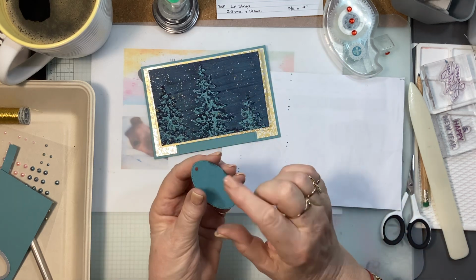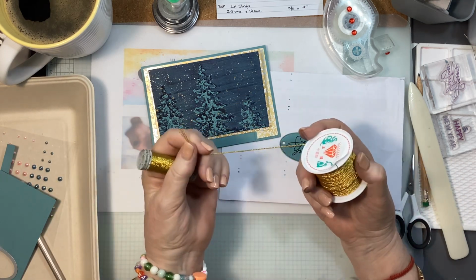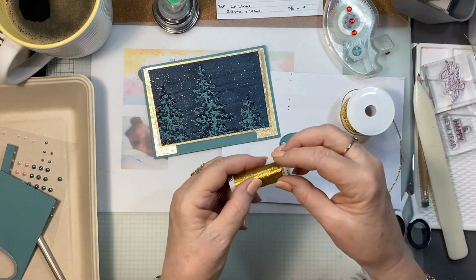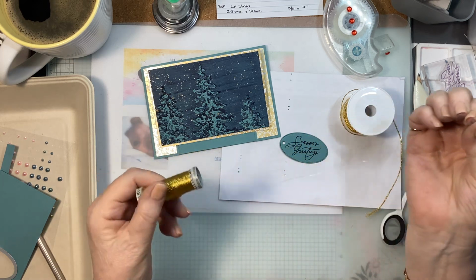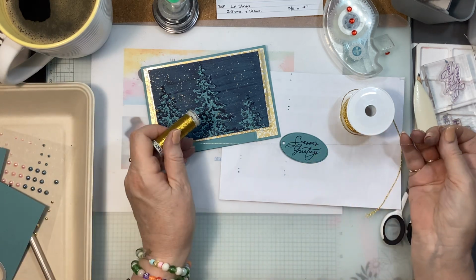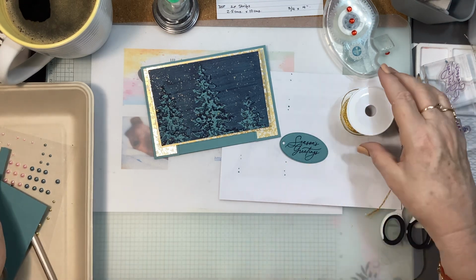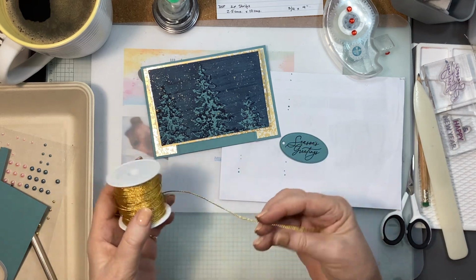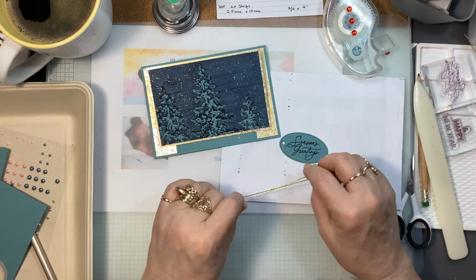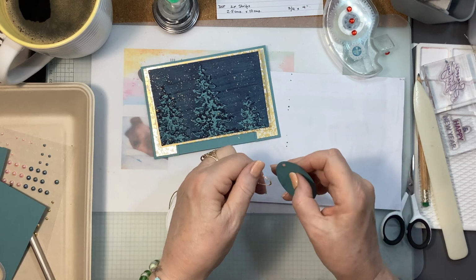So I want to put some dimensionals on here, but I didn't know what to put on in regard to some twine. Now I've got this one, it's a bit thicker. I bought this at a $2 shop. I have some of this gorgeous, really fine thread. I'm not sure which one. I think I'm going to go with the thicker one because otherwise I'll have to use too much of that, and that's just going to be a bit fiddly. Now, I've already put a knot in that because it does fray. So what I want to do is feed this through from the back,